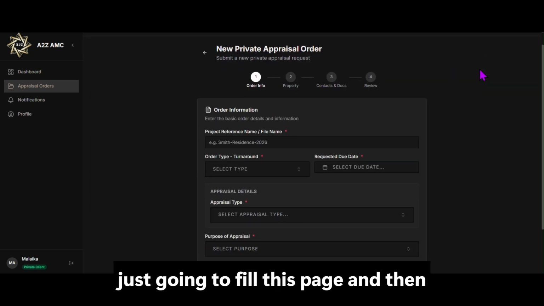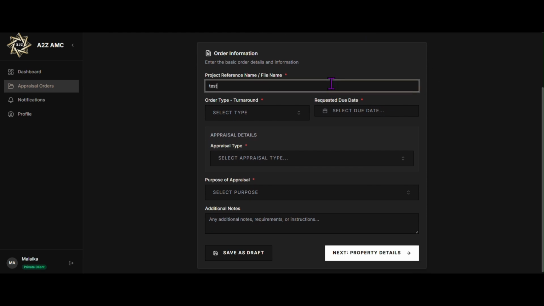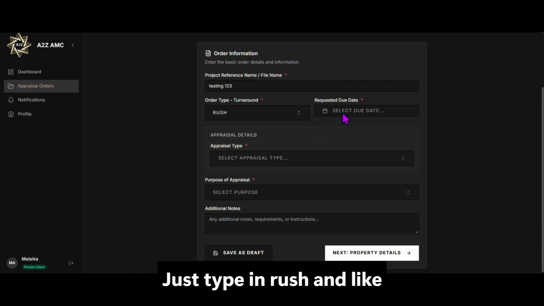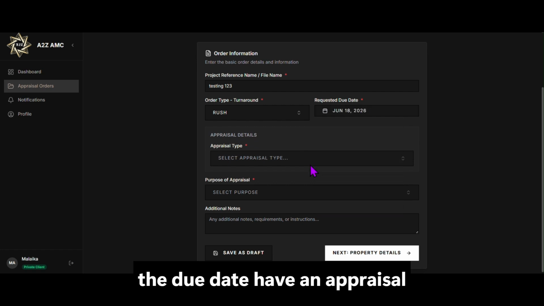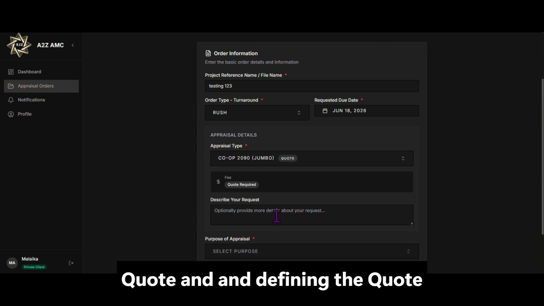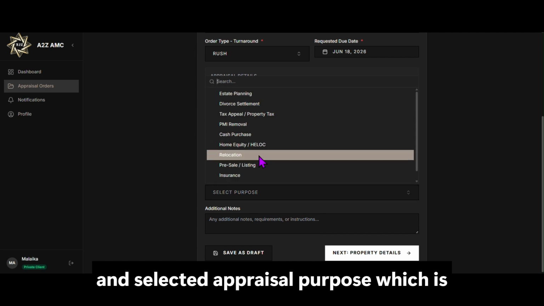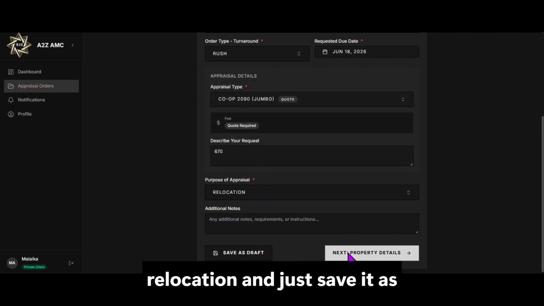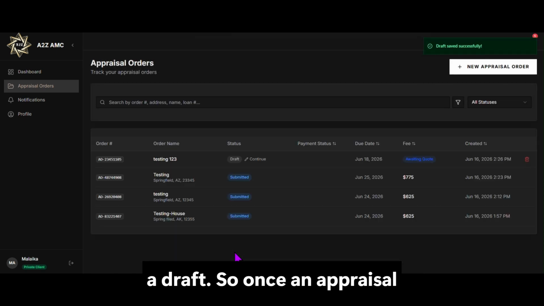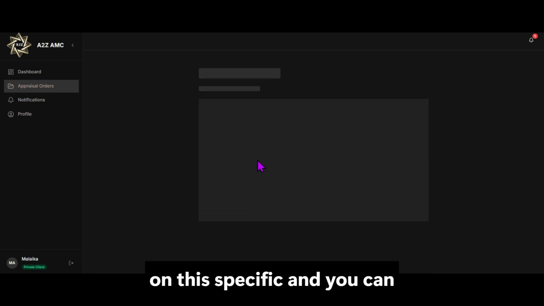So I'm just going to fill this page and then move forward to the next one. Just type in brush and select a due date, have an appraisal order selected for a code, and I'm defining the code and select an appraisal purpose, which is relocation, and just save it as a draft. So once an appraisal order is saved as draft, you can continue editing it by clicking on this specific,